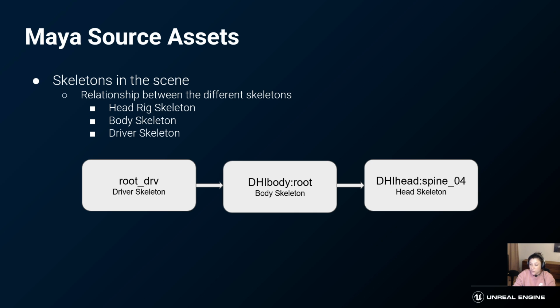The body skeleton drives the head skeleton up till the head joint. Then all of the face joints are driven, and the blend shapes also are driven by the rig logic node. The driver skeleton only exists in Maya for rigging purposes. For example, we use it to drive the twist bones and also drive the corrective poses. We will also discuss later how you can use the driver skeleton to create your own Maya animation control rig.